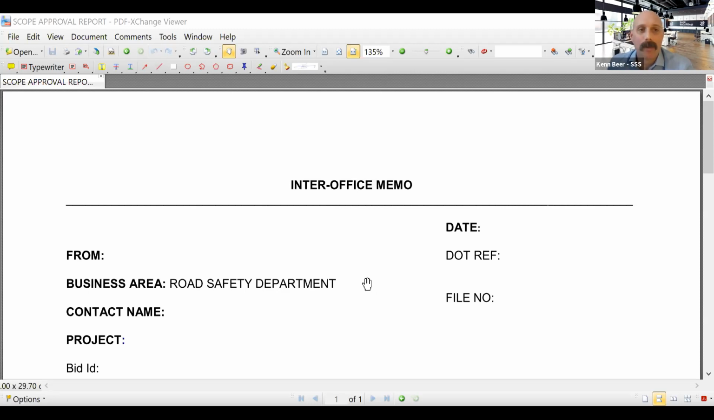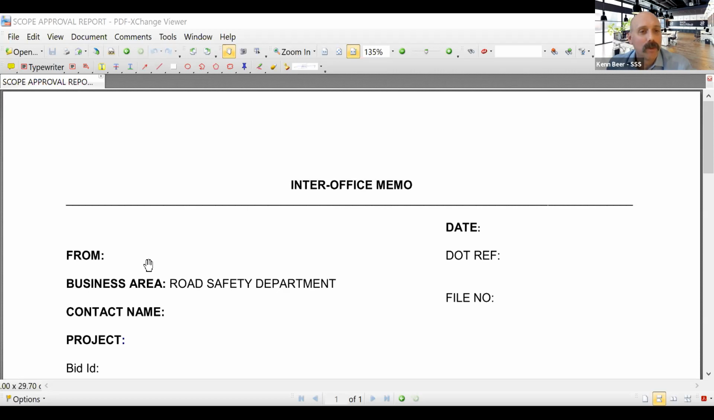Are we using mast arms where required? Is the line marking correct? And all of that stuff. But I started creating this memo and sending it back. And so this was the memo that they'd get. They'd submit their